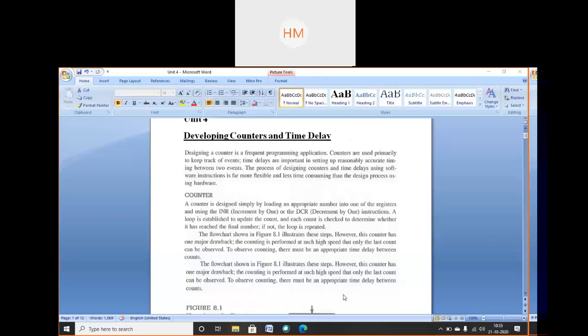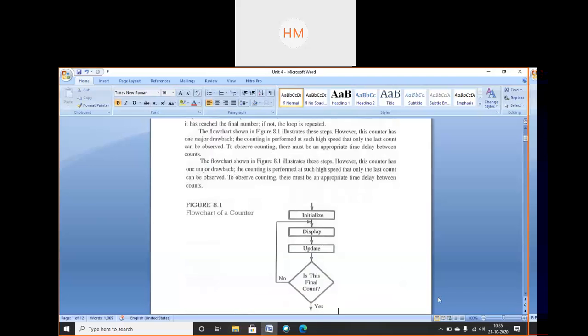Can you tell me, for a single counter, how I will draw the flowchart? I will take that value in the register. Then I will start using increment or decrement operation. Then I will check jump if not 0. Am I right?